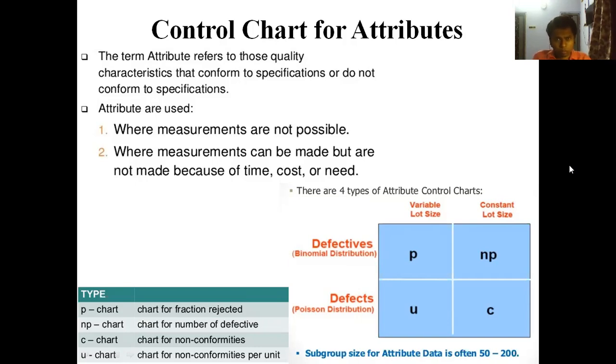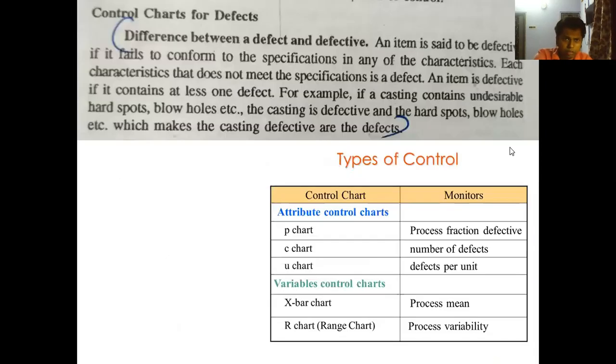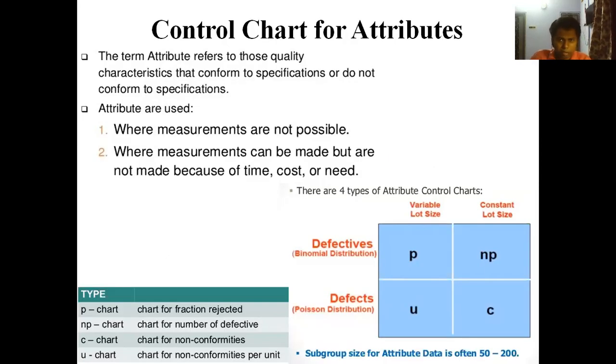So control charts for attributes are applicable for those cases where you consider whether it exists or not, whether it is go/no-go type or true or false type, whether it is defective or not, whether there are defects or not. So in this way a dichotomous situation is seen or considered. So that's why control charts for attributes are required. And in some cases